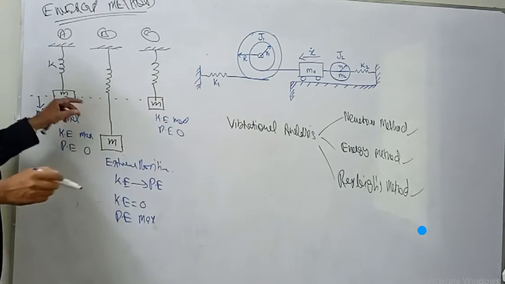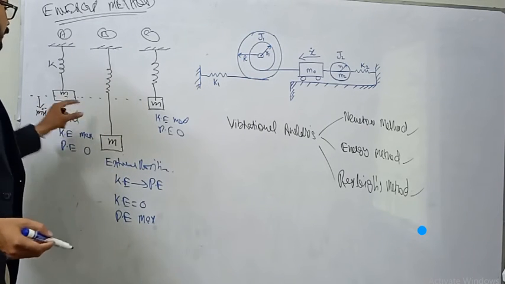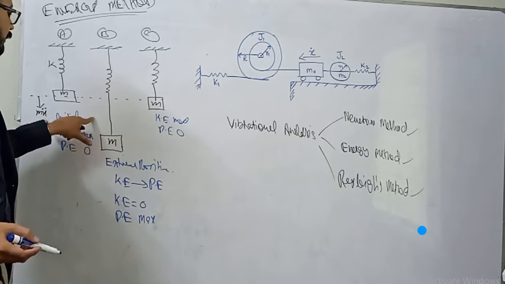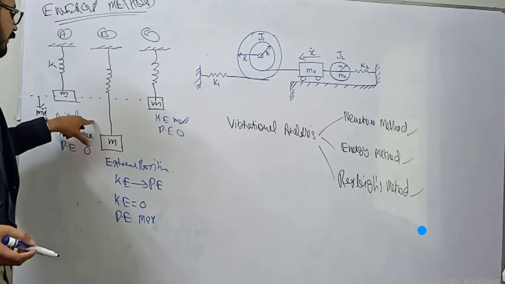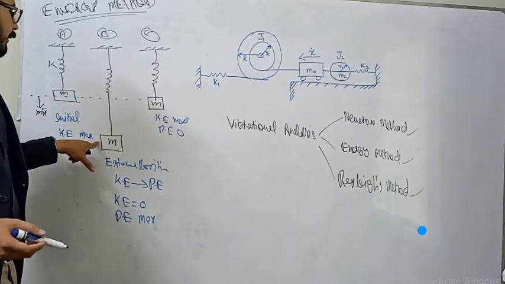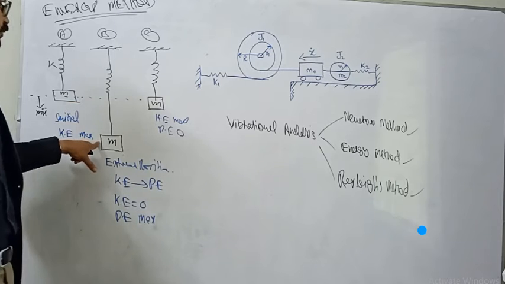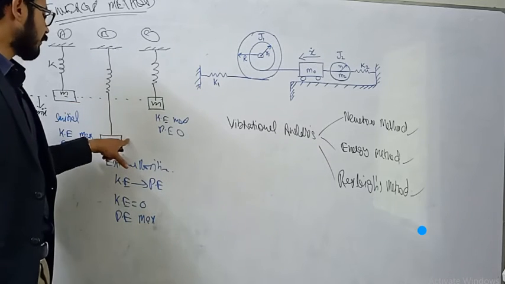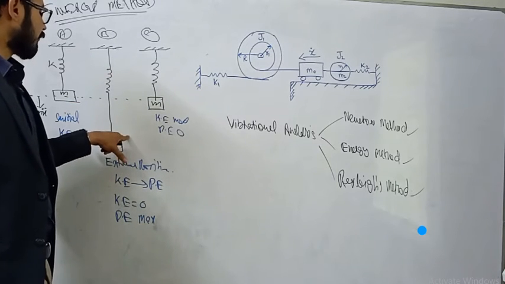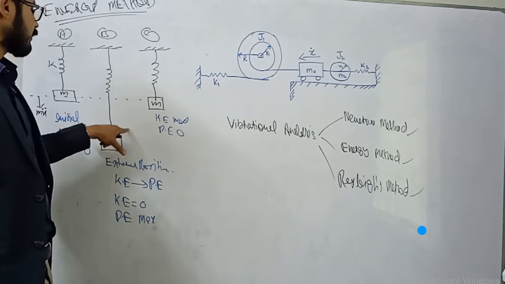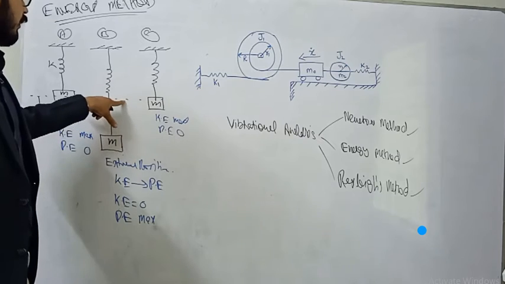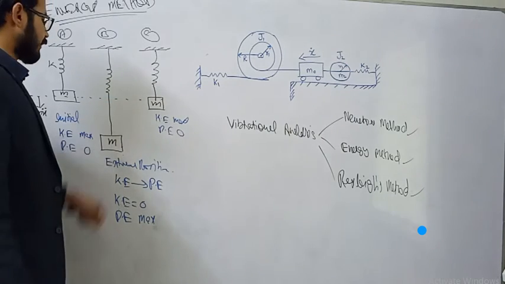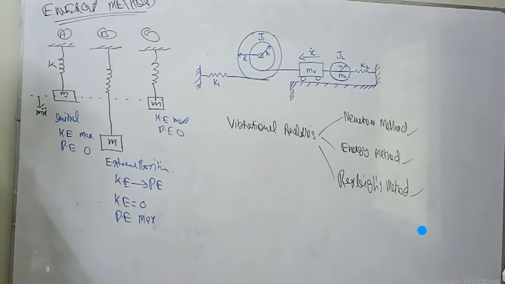And in between these, for example, if the mass is at this point, this point, this point, we can see kinetic energy will be converting towards potential energy and so on. And here it will be a point where kinetic energy will be 0 and potential energy will be maximum. And when it goes back, we have a certain value of both kinetic and potential energy, and again at the mean position, only kinetic energy is maximum, and potential energy goes to 0. And now we will go for the energy method.